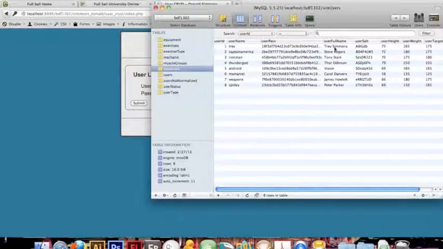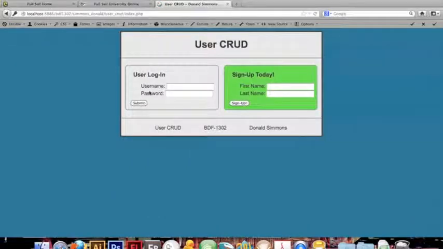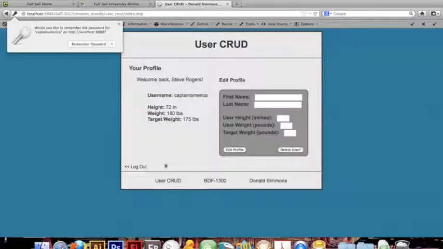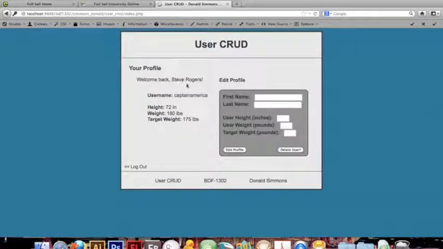The user full name is stored here in the database for use in the profile, as are the stats for each: their height, their weight, and their target weight. So let's go ahead and log in under Captain America. If I can get my mouse to work. So if we log in, you see over here, the full name from the database is displayed. Welcome back, Steve Rogers. The username is displayed, as are the height, weight, and target weight attributes that are stored